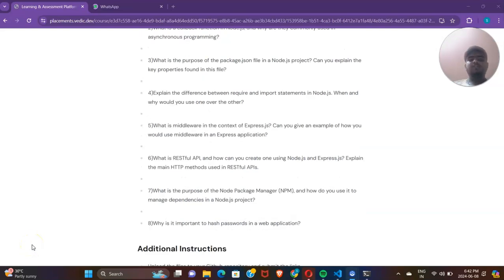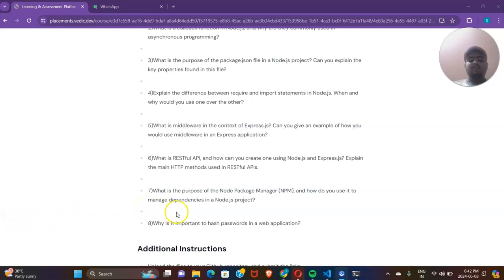The third question is: what is the purpose of the package.json file in a Node.js project and what are the key properties found in this file? Here, the package.json file is a metadata file for our Node.js project. It contains some important information about our project, like our project name, version, dependencies, and scripts.